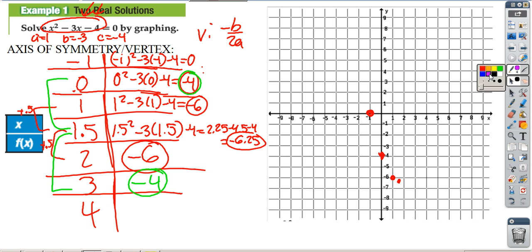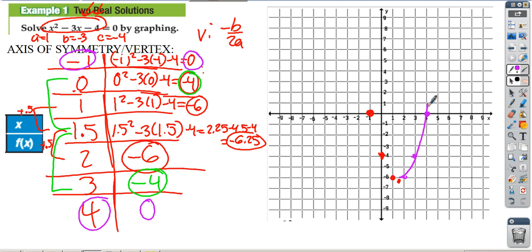And then finally we can reason the same way. Since negative 1 is 0, that means 4 would also have to be 0. Okay, so we're going to get these points right here, whereas 2, negative 6 is right here, and 3, negative 4 is right here, and then